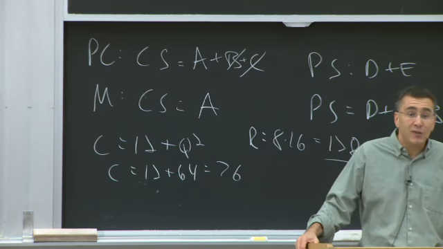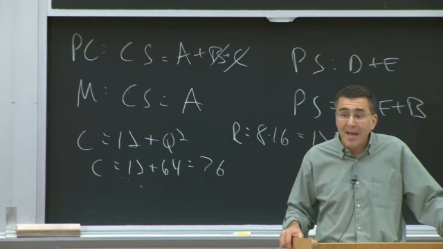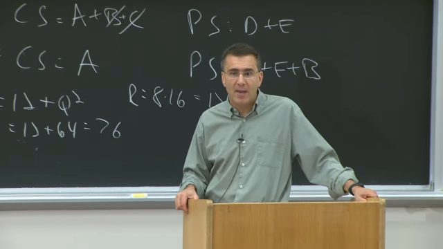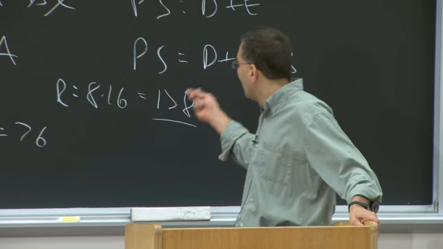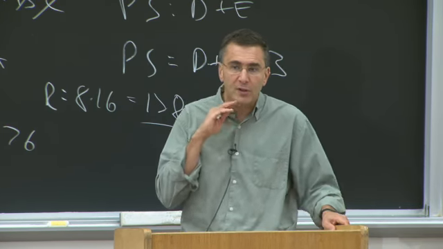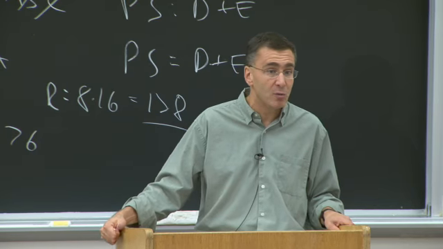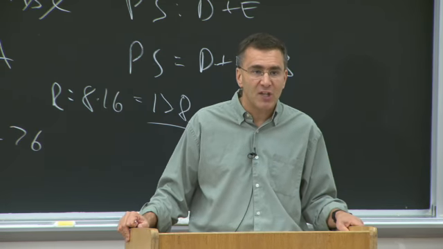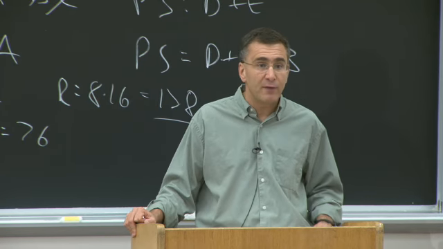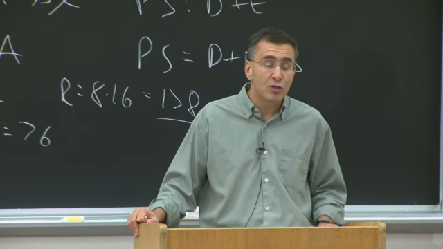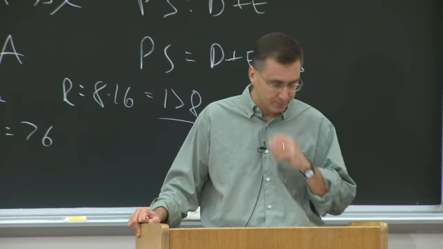The monopolist's profits are 60. So the monopolist is better off than the competitive firm would be. The competitive firm would only make profits of 52, in the short run, obviously. In the long run, they make no profits. But in the short run, they make profits of 52. The monopolist makes profits of 60. The difference, of course, is that to do so, they cause a social deadweight loss.